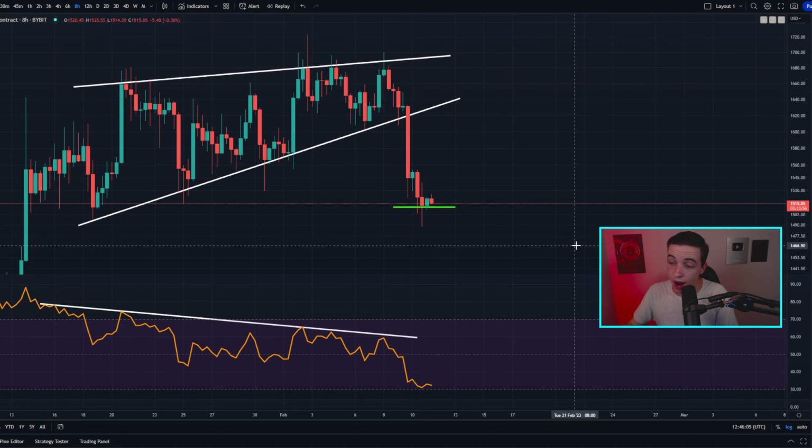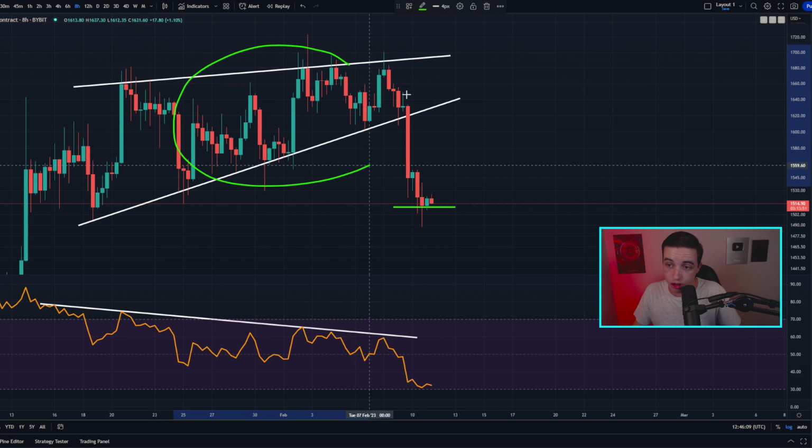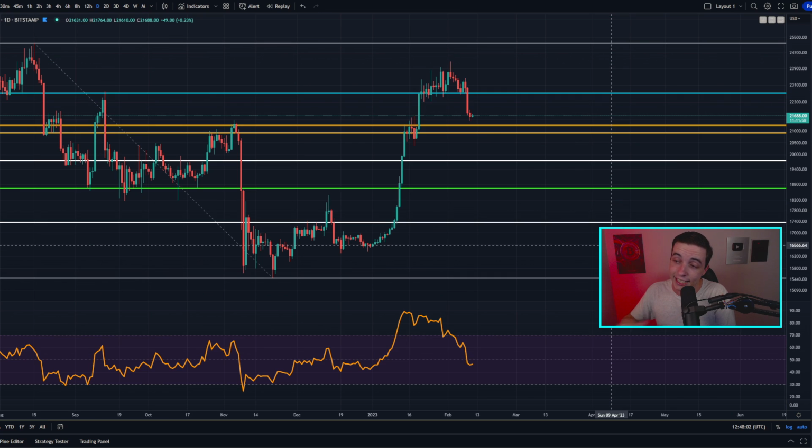My name is Josh, and right now Ethereum has just hit the technical price targets for this bearish rising wedge pattern, while Bitcoin is now running into important support, which I'll talk more about in just a moment, so definitely stick around. First of all, starting off on the daily Bitcoin to US dollar chart,